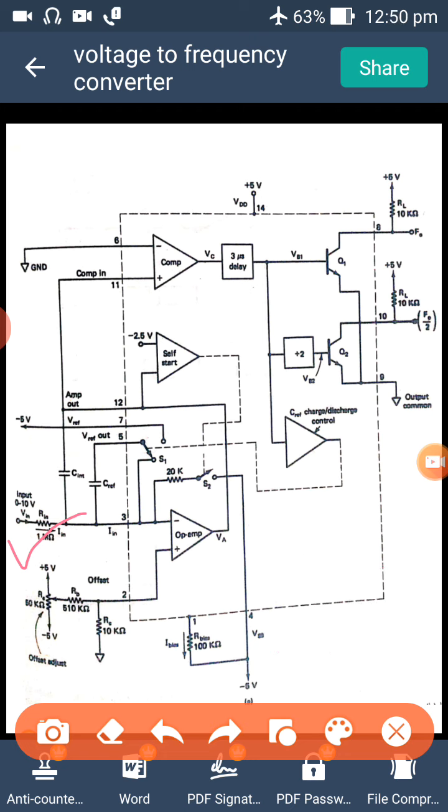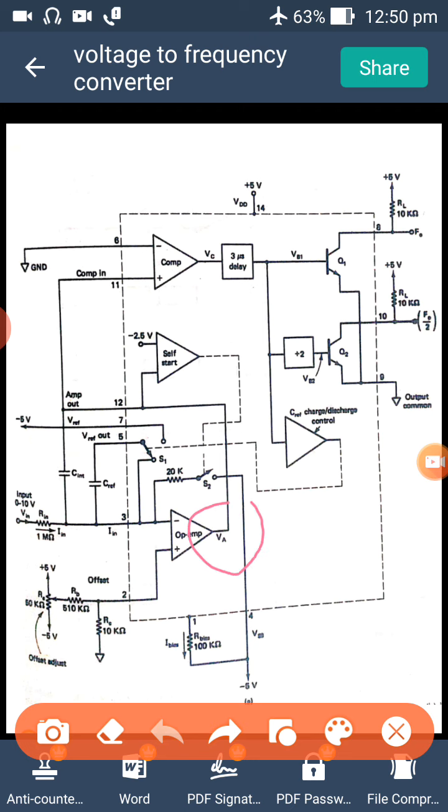This current is given to the capacitor C int, that is the integrating capacitor. Whenever a capacitor gets current, what will it do? It will charge up to its maximum level, right? We are giving the input in terms of current. The capacitor will start to absorb the current. It will start to charge up to its maximum level, right? Then